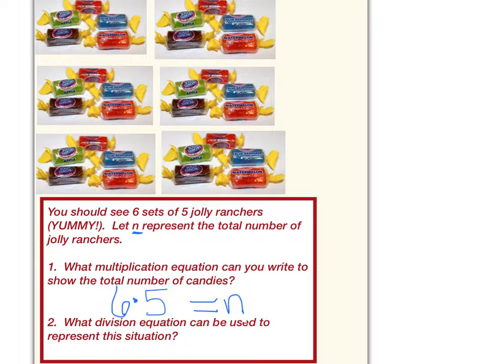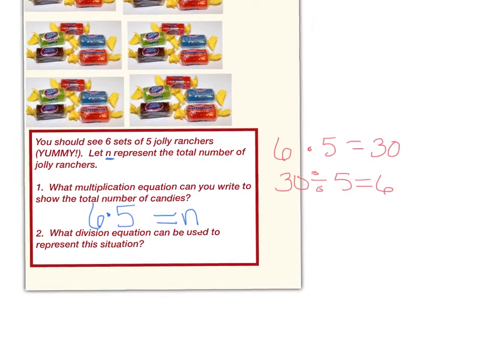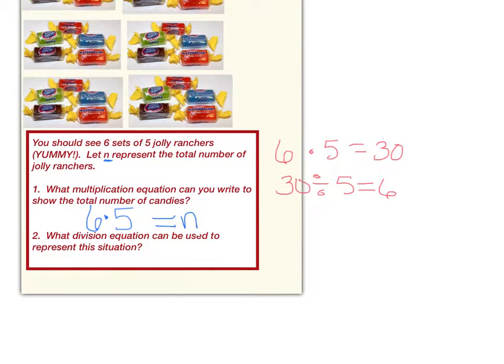Now, the next question is, what division equation can be used to represent this situation? Well, let's use an example that we can all handle. Let's say if we said 6 times 5 equals 30, you know that division is the opposite of multiplication, so we could say 30 divided by 5 equals 6. So let's use that same logic to try to figure out how we would rewrite this equation. We'll use the exact same thing that we did here. 30 divided by 5 equals 6, so n divided by 5 must equal 6. So we would say n divided by 5